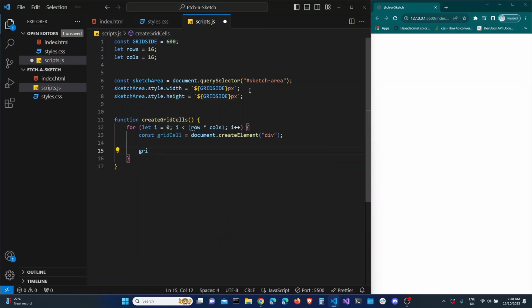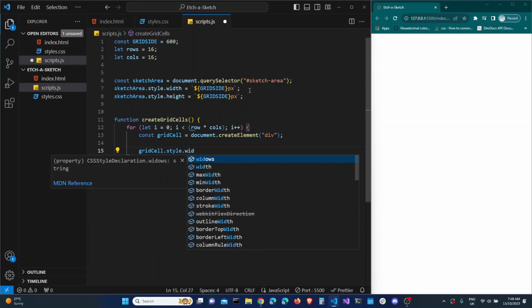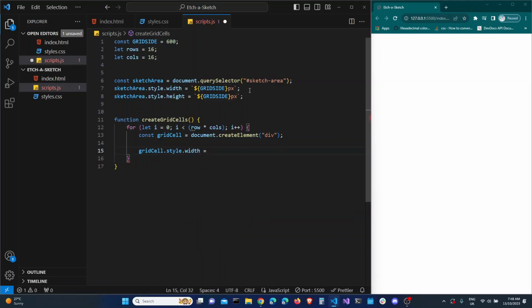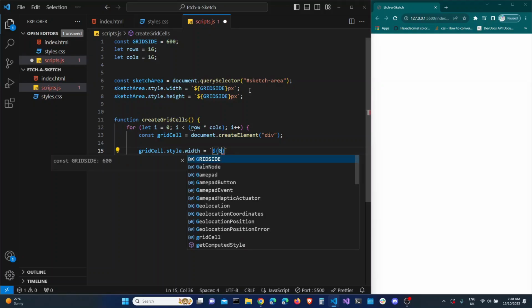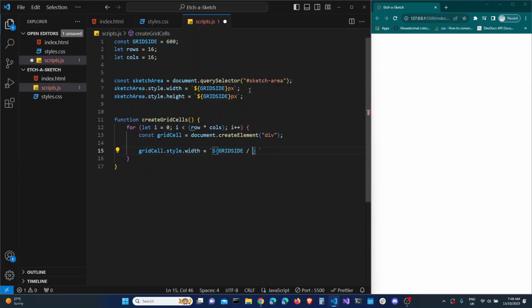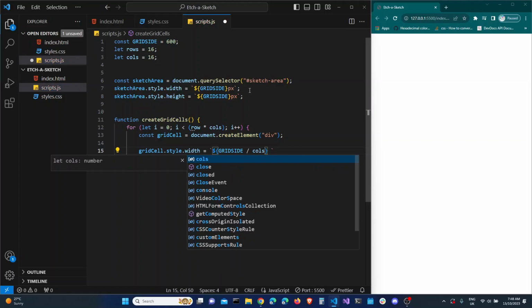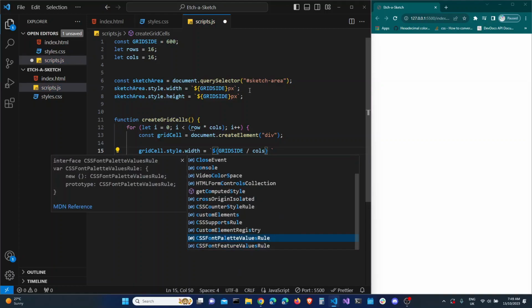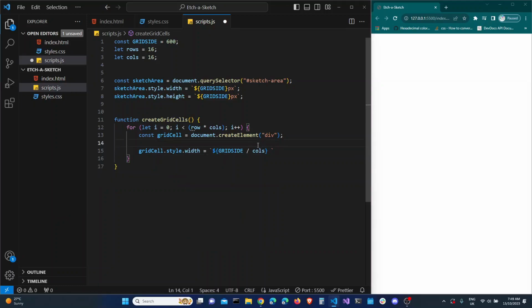So we'll select our grid cell, then we are going to create the width. Okay, so the width is actually going to be the grid side divided by the number of columns. So get our gridSide again, divided by the number of columns. So we're doing it this way so that when it comes to the point where we have to increase or reduce